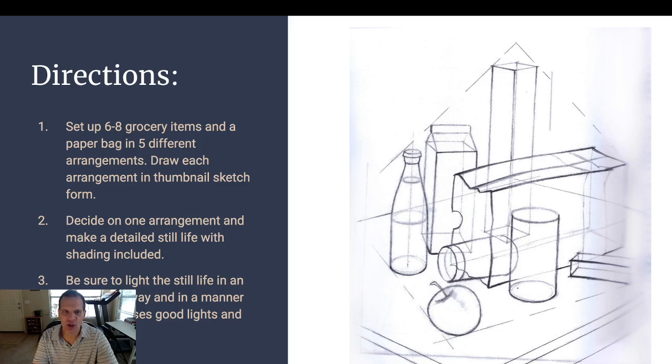And what I'd like you to do is to draw each of the 5 arrangements that you've come up with in thumbnail sketch form. We talked about this in class. It's a little larger than the size of your thumbnail. It's just a small sketch, a small square showing those different arrangements that you're going to do. Nothing super detailed on the thumbnail sketches, but you're capturing a snapshot of what you want to draw